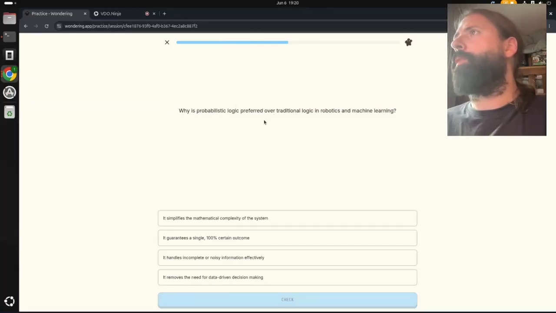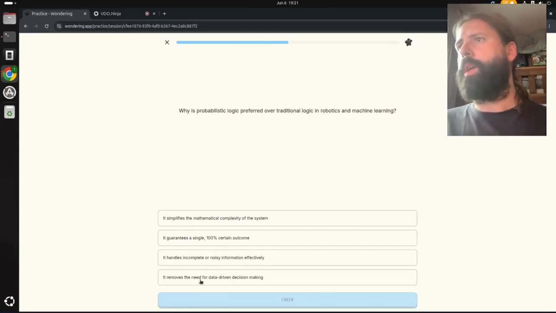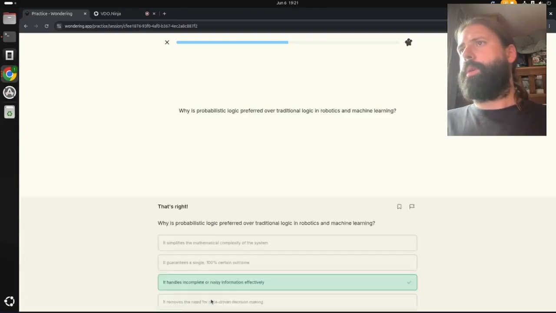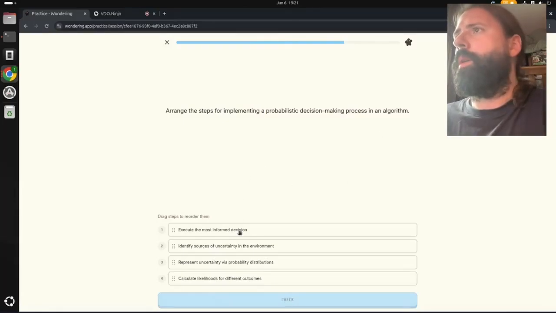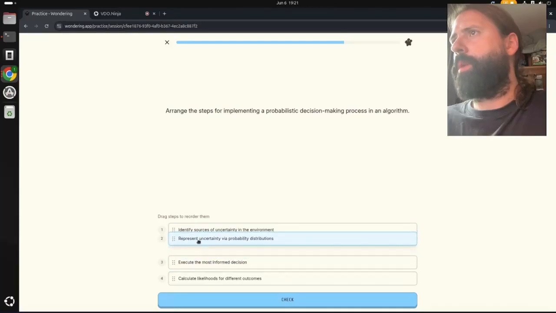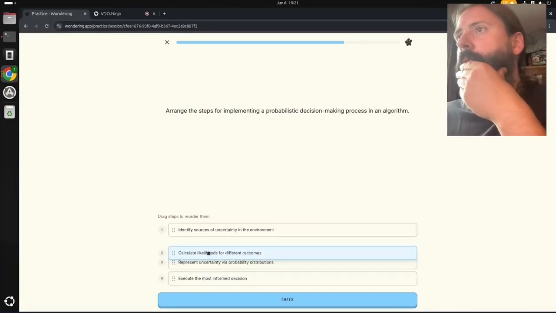Whereas probabilistic logic preferred to traditional logic in robotics and machine learning. So complexity of the system, it guarantees a single sensor and actually handles incomplete or noisy information effectively. I think it's this one, right? Yeah. Arrange the steps for implementing a probabilistic decision-making process in an algorithm. Execute a most informed decision, identify sources of uncertainty in the environment, represent uncertainty via probability distributions, calculate likelihoods. So